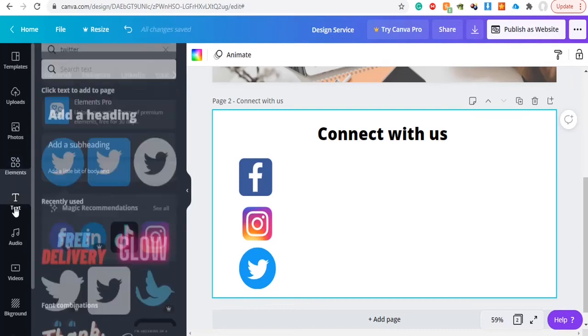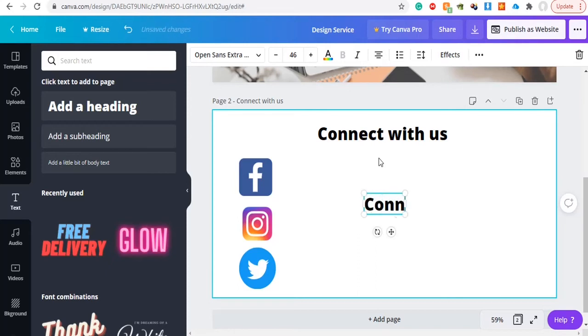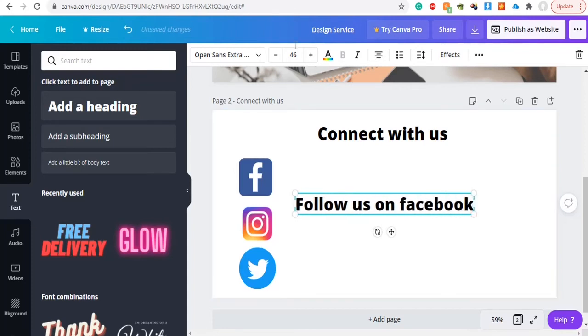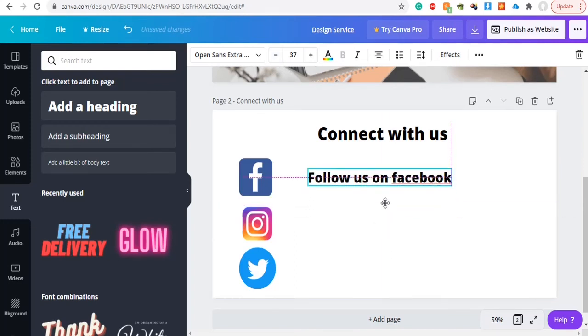So now let's add a text. Click on heading, and you can write connect, or you can just write follow us on Facebook. You can decrease the size from here, and now let's put it here. Now you can duplicate the same.